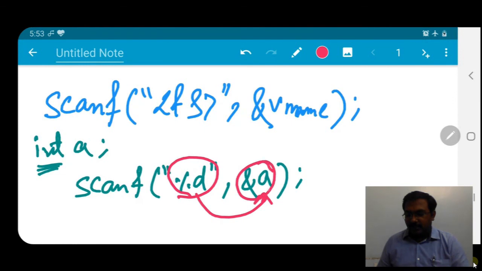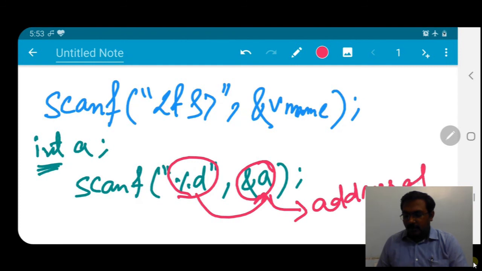So what is ampersand of a? It indicates the address of a variable. When you write ampersand of a, it indicates the address of the variable named a.